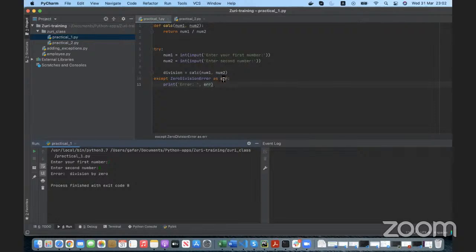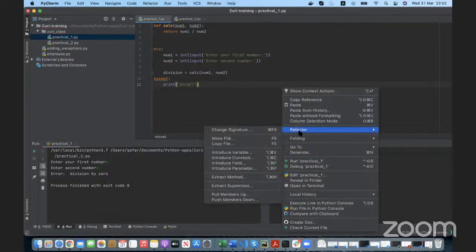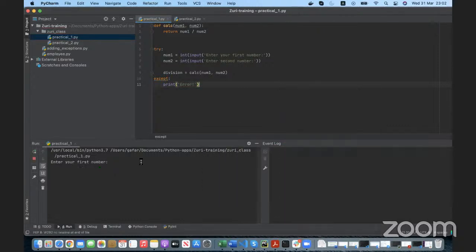So if you want to capture any form of error, then you don't need to specify anything. You can just use the except block, and what you do is you can now run a particular code you want here. Maybe you can just say print error, and that's it. So any error that occurs in the system,